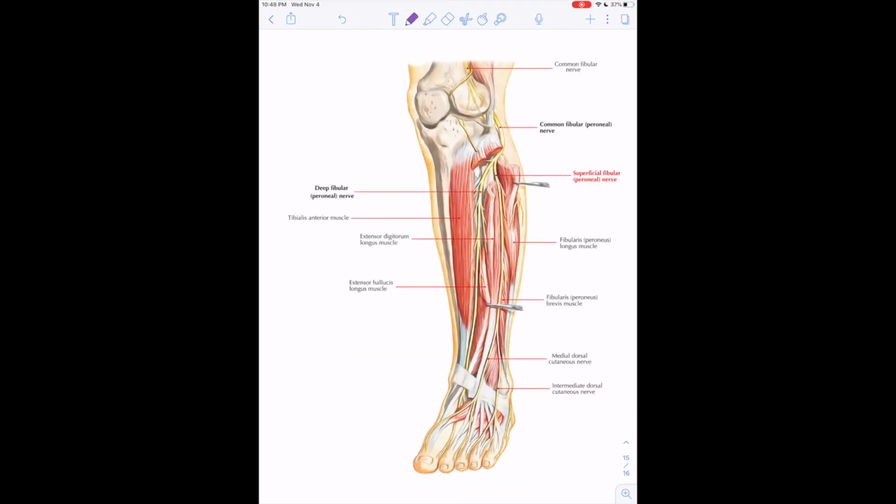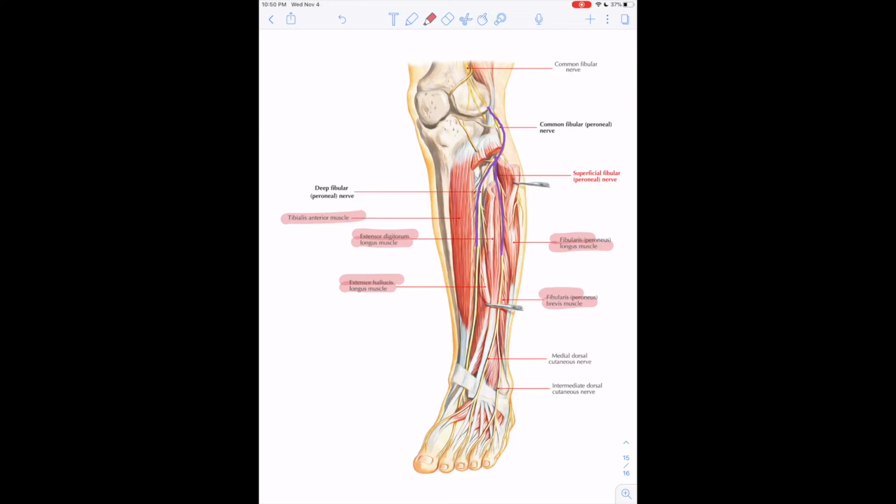The common fibular nerve courses down the lateral side of the leg and then splits into the deep fibular nerve and the superficial fibular nerve. The superficial fibular nerve supplies the lateral compartment of the leg, including the fibularis longus and the fibularis brevis muscle. The deep fibular nerve supplies the anterior compartment of the leg, including the tibialis anterior, extensor digitorum longus, and extensor